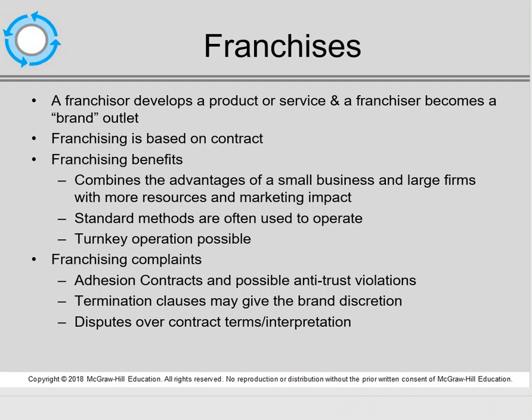And so a franchising agreement is simply based on a contract between the OR and the EE, the franchisor and the franchisee, the person buying into the franchise. A benefit to being a franchisee is that it combines the advantage of a small business with the larger franchisor that has more resources and more marketing impact. You have a brand name. No one knows about Dave's Pizza, but you definitely know about Domino's Pizza.